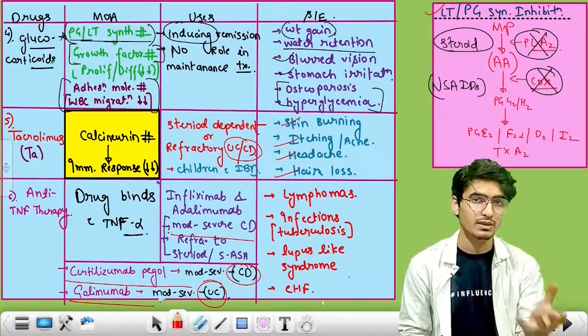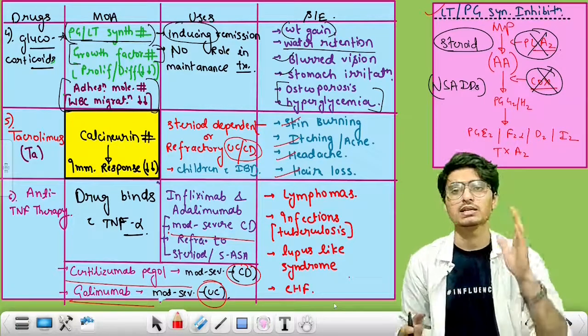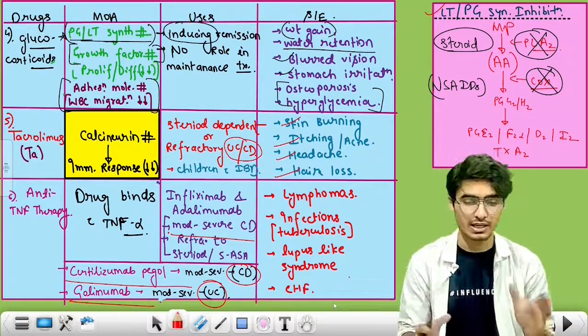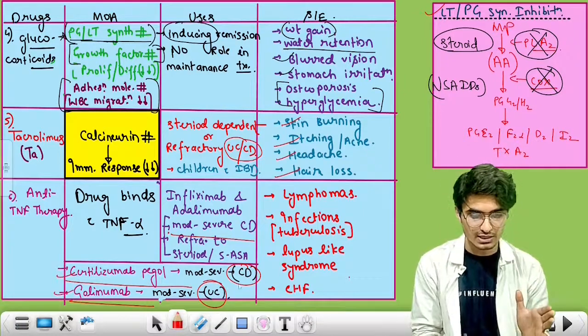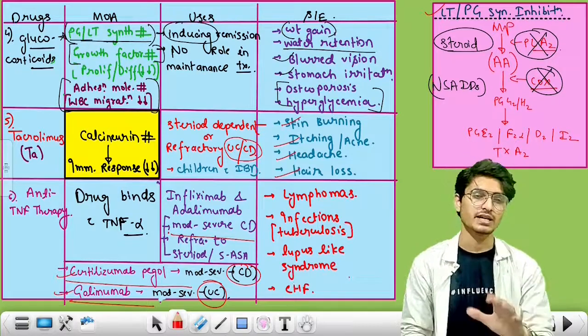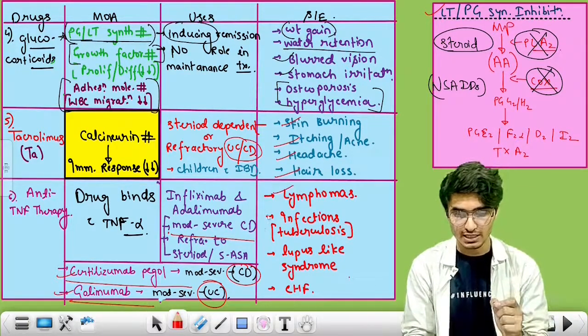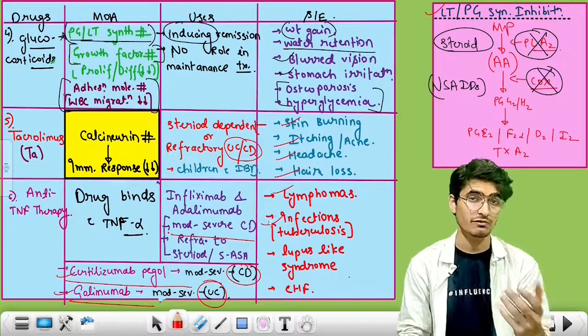While adalimumab and infliximab are given in both conditions, UC and CD, right? But in the case of these two drugs, these are the specific indications. The side effects of anti-TNF alpha therapy are lymphoma formation, and secondary infections may develop,